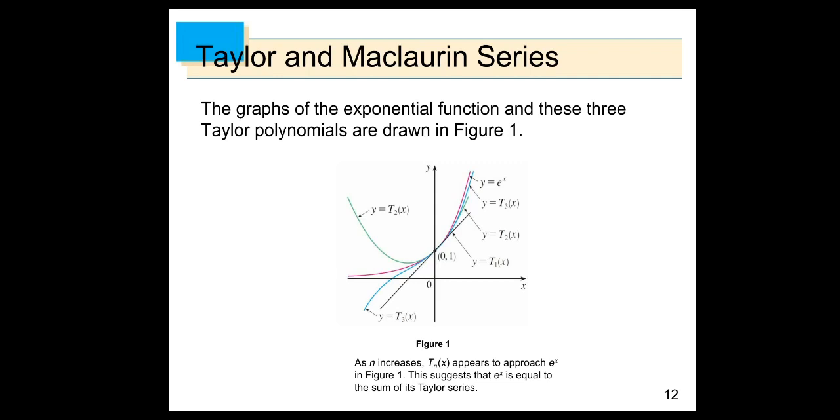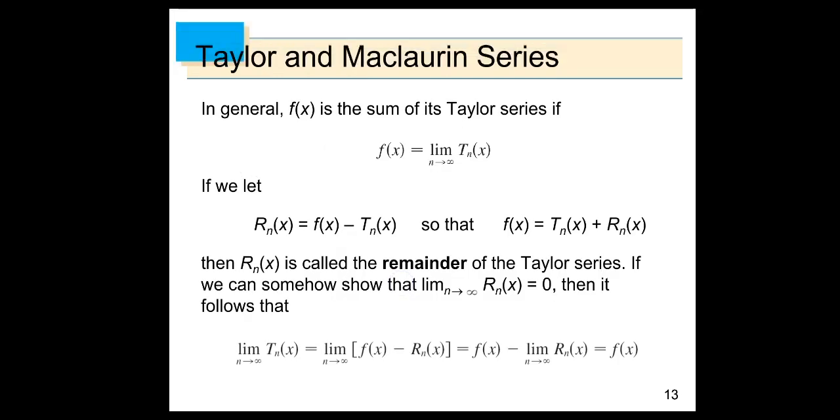So as n increases, T sub n of x appears to approach e to the power x in figure 1. So this is just that e to the power x is equal to the sum of its Taylor series, right? So in general, f of x is the sum of its Taylor series if f of x is equal to the limit of T sub n of x as n approaches infinity,